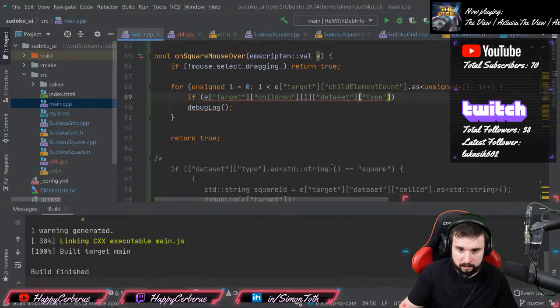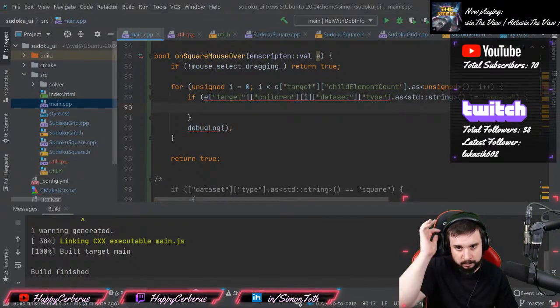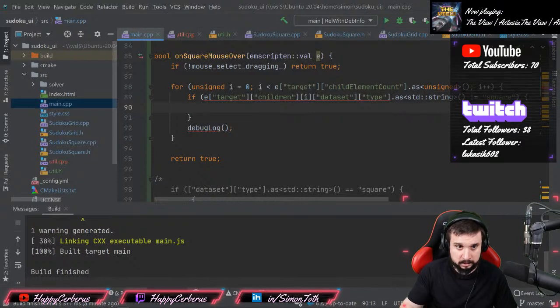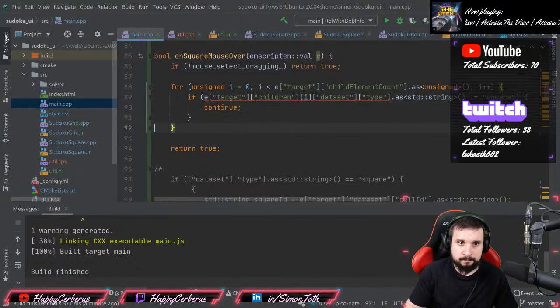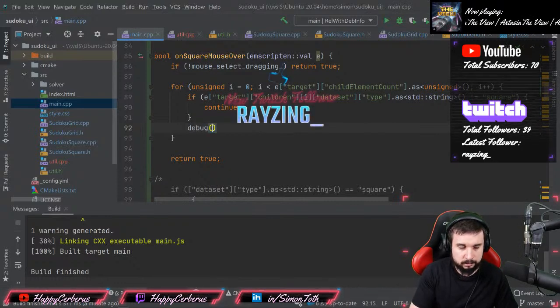So this thing, string, is not square. If the child I'm looking at is not a square, then just continue with this loop and go to the next child. And now if I do debug log,